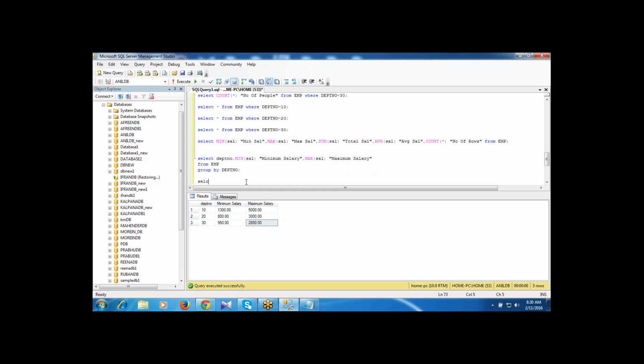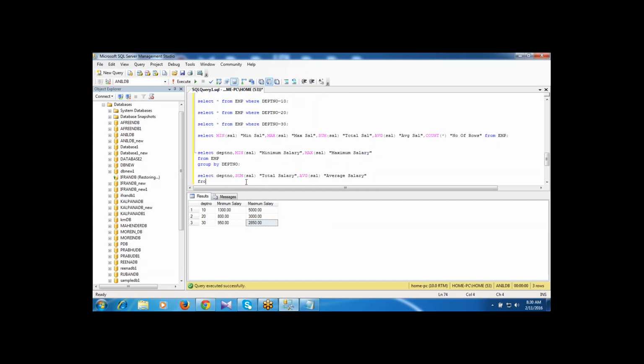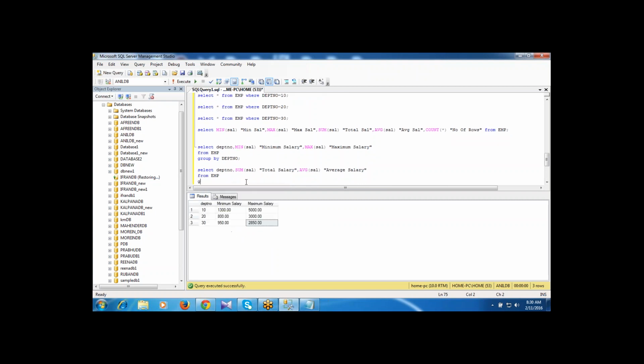For each department, I get the sum of salary, that is total salary, comma, average salary from EMP group by department number.